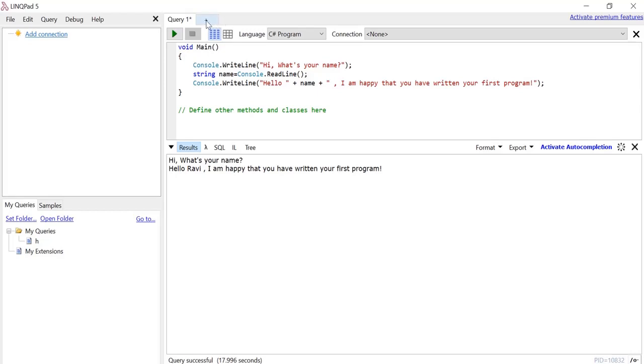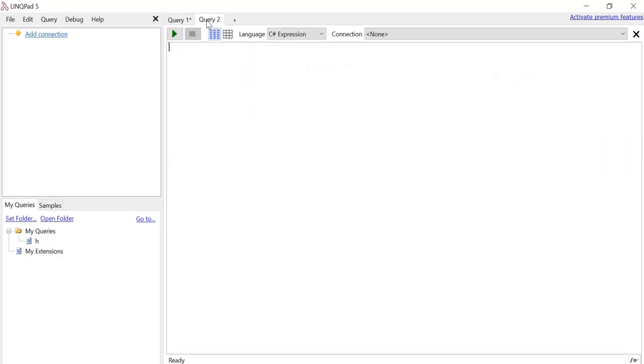So by clicking press key, I am opening a new window. From the drop down you have to choose C# program. It will come up and I am writing console dot write line. Whatever I write inside this, it will be displayed over the right output window. If I forget anything, or write anything wrong, it will give me an error while execution of the program. Console dot write line.